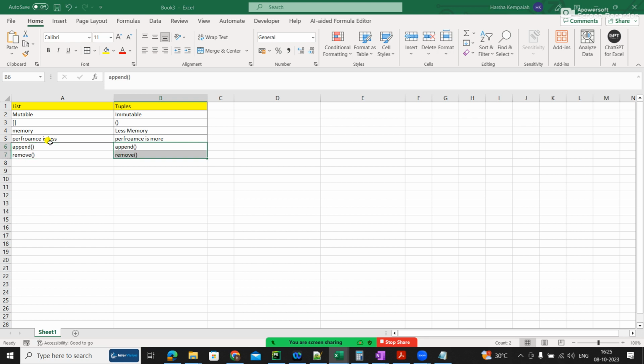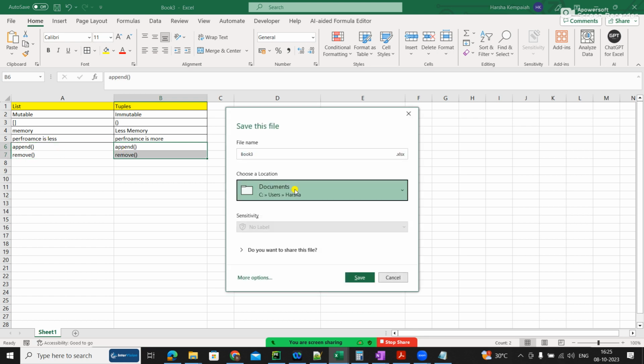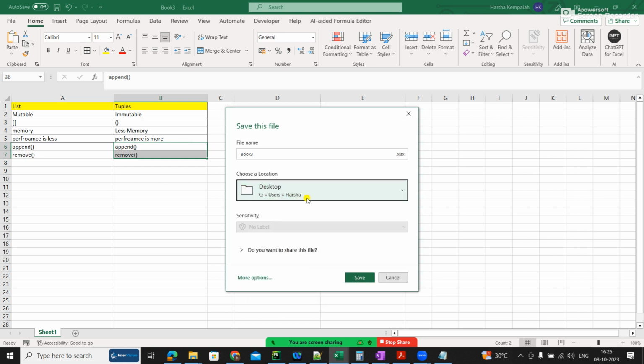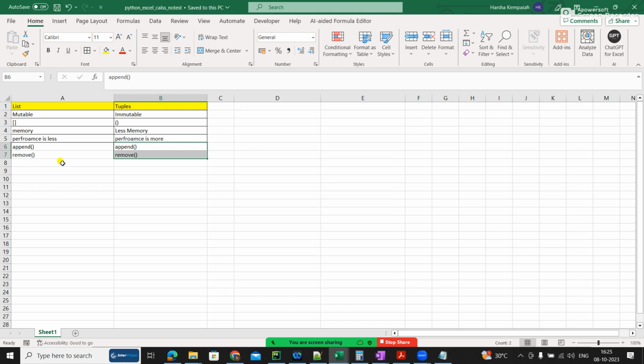Let me save this also, I can have this on the desktop, in the Python class folder. Whatever. So append, remove. Next, a list supports append, we know, and it supports remove. It guarantees order, ordered data, I already told you. A set does not guarantee order.